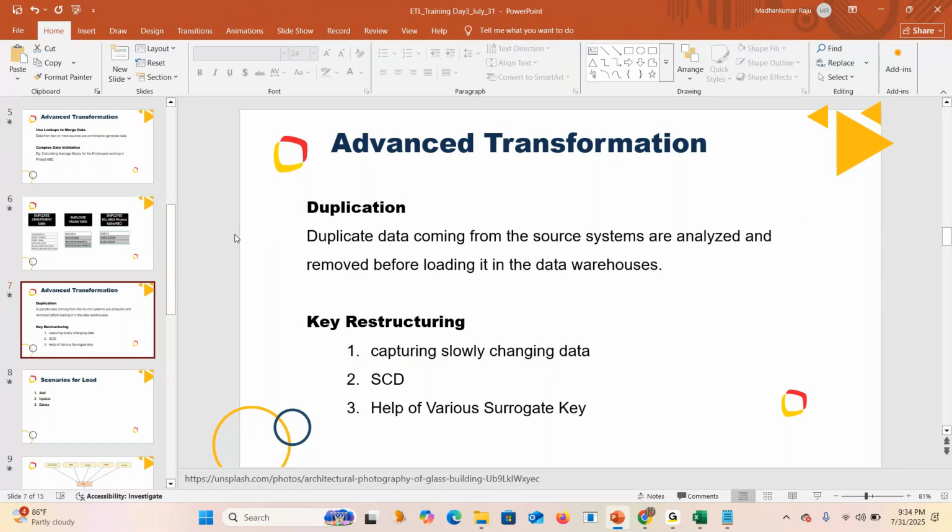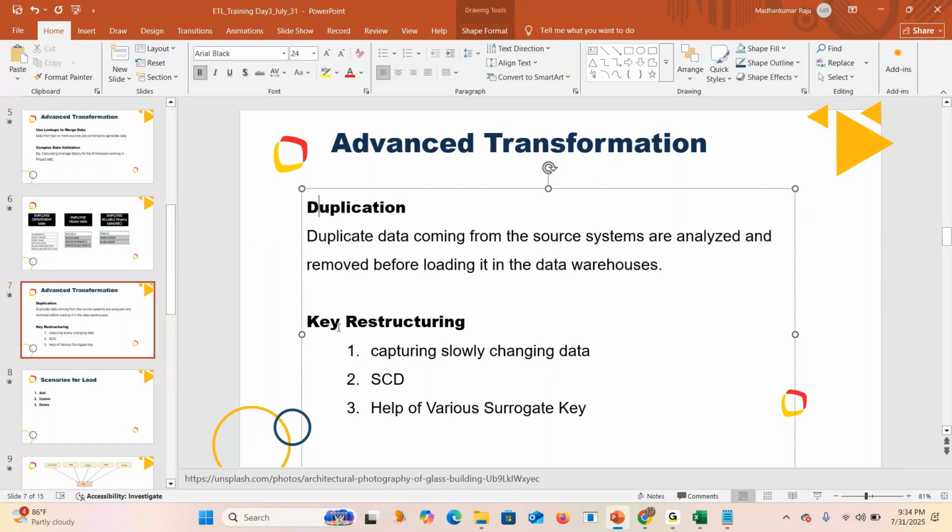Next, after duplication, we can see key restructuring. Key restructuring is a terminology that can be used instead of SCD. In some projects, they will say the tables are restructured.